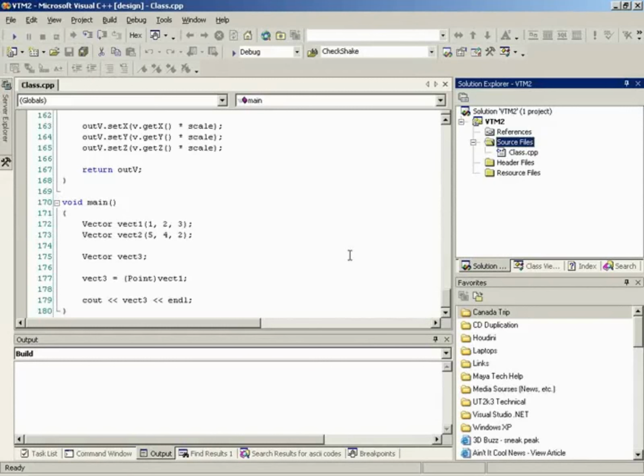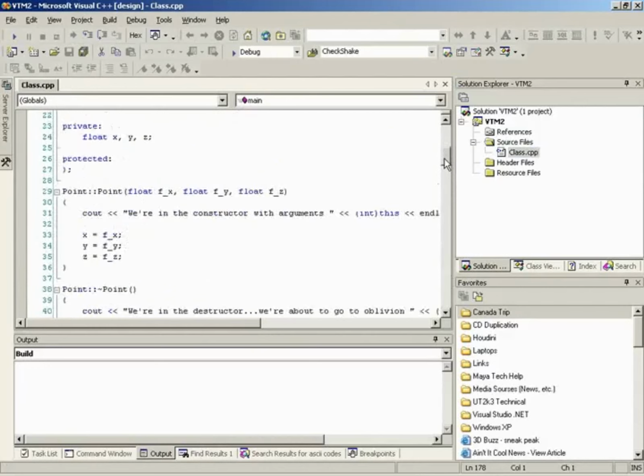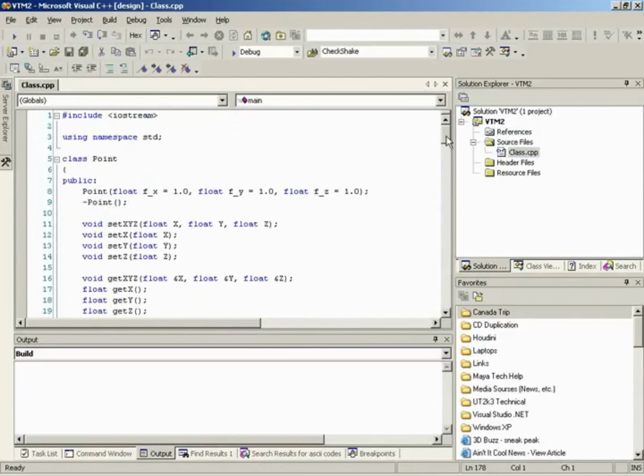It's not easy to explain sometimes without going into technical detail. But we're going to give you some rules on how to set it up and break it up. Exactly. So, Joel, if you'd like to tell us first, what exactly are you going to do to illustrate project management? All right. If you remember from the last VTM, we have our point class, and if we scroll down and try to find it,